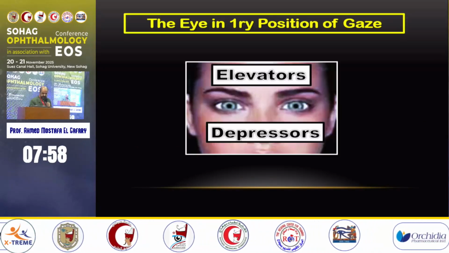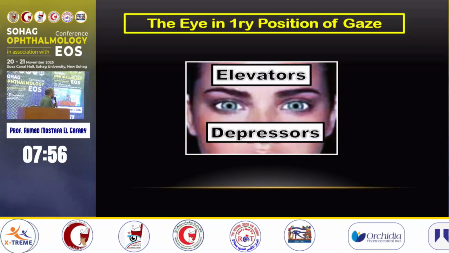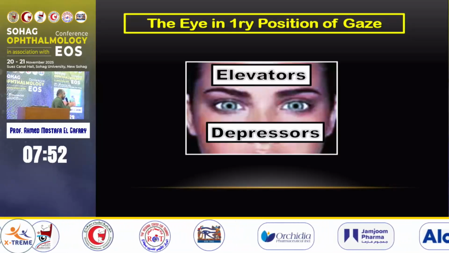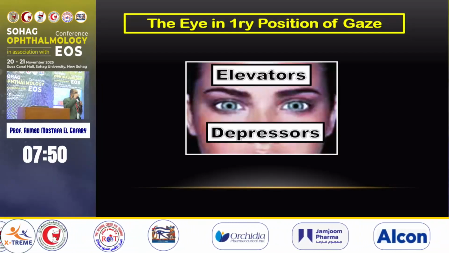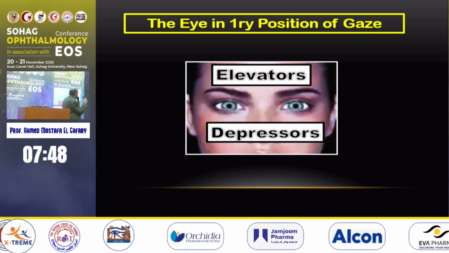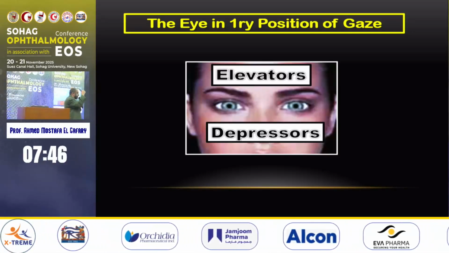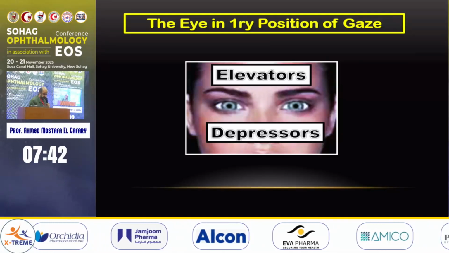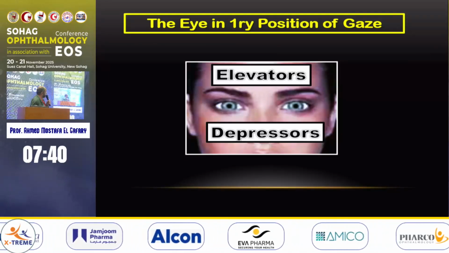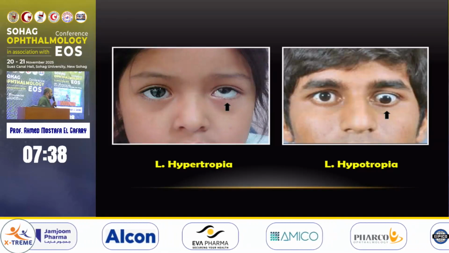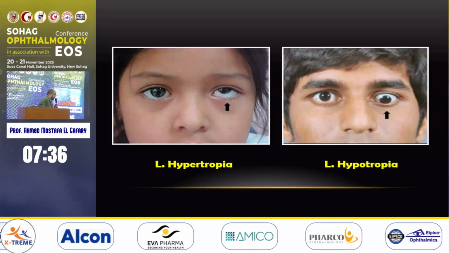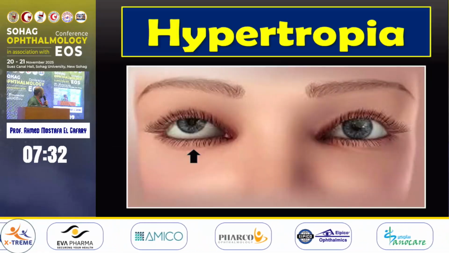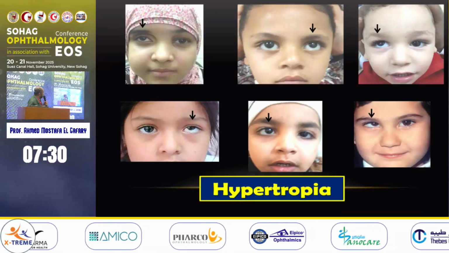Principles and explanation. Let us describe the eye in primary position of gaze. In this position, there is a balance between the elevators and the depressors. So any disturbance of this balance will lead to the eye deviating up or down, hypotropia or hypertropia. For hypertropia,